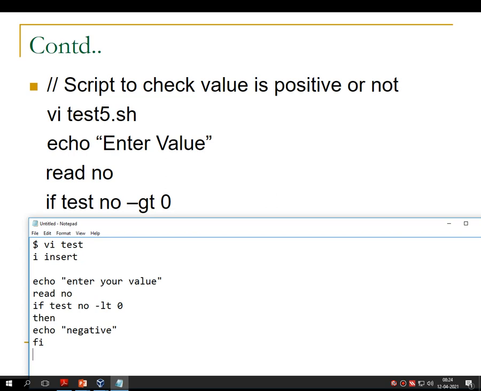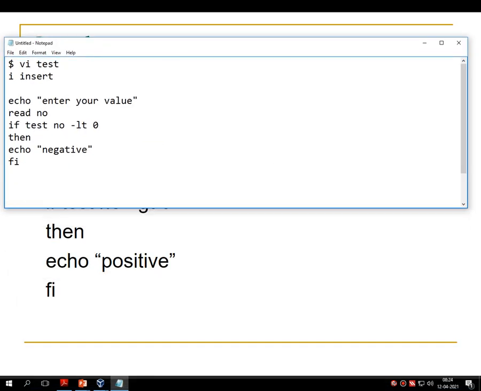Save this particular script with shift and ZZ,